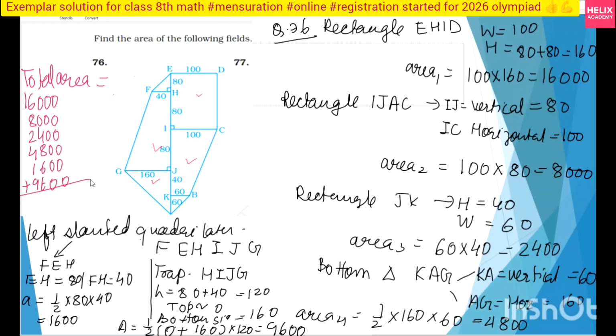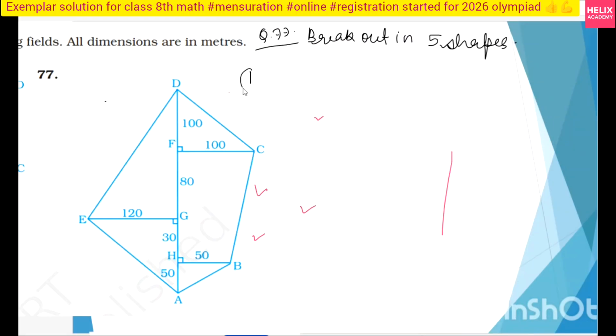So everything I will add up. How much am I getting? It will be 4 and 2, then 4. Okay, meter square. Clear? This is the figure value. First one, I will say that triangle